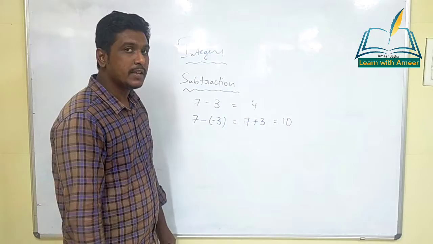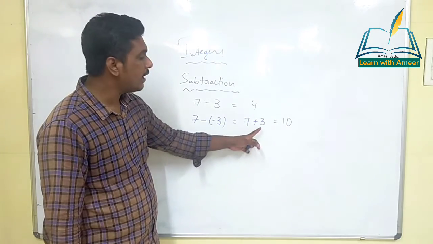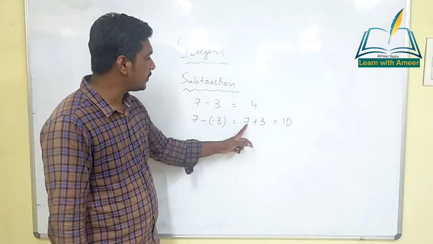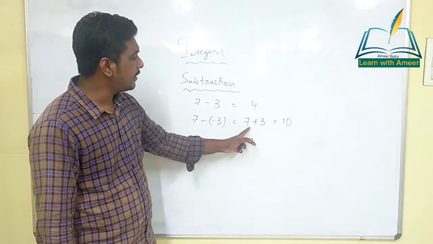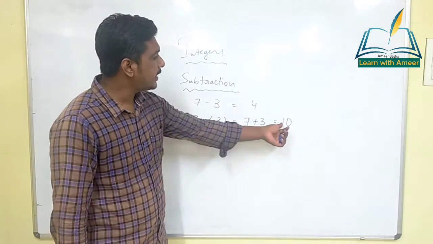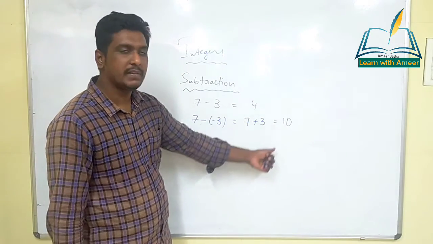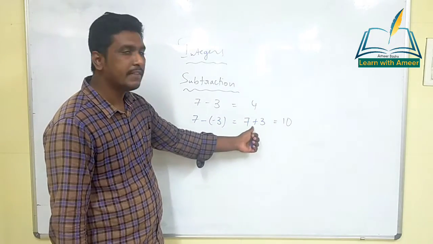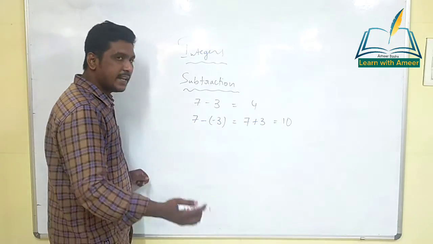And again, if we apply the concept, we have two same sign numbers. This is plus, that is also plus. Then in that case, what do we have to do? Addition. 7 plus 3 is 10. When it comes to the symbol, whatever symbol the two numbers have, the same symbol will come. These two numbers have plus, so for the answer also we will get plus. Now the next type of example.